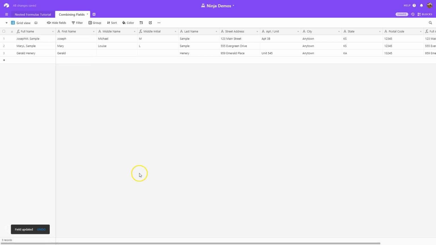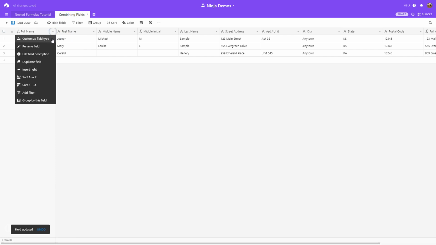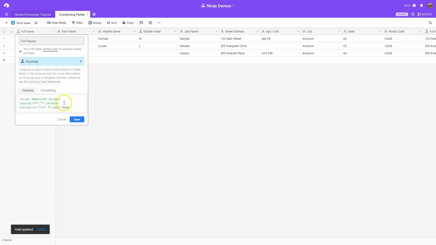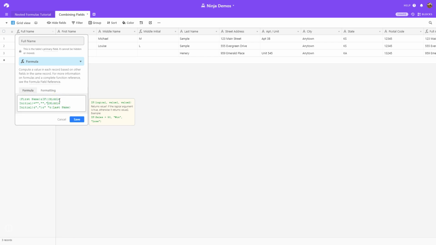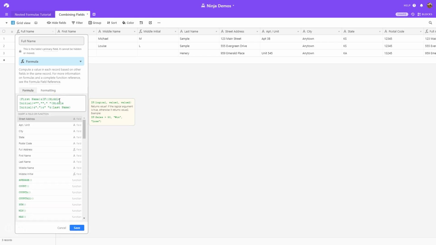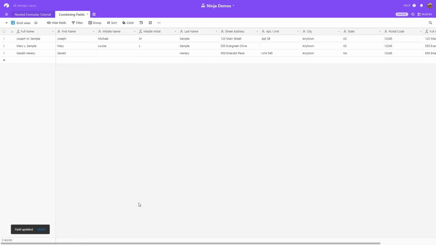So when we hit save, now we can see that this looks messed up because I forgot a space. So let's go through and fix that real quick. If there's a middle initial, do nothing. If there isn't, so we need to say we need a space in here. Okay, and the middle initial. Okay, that'll fix that. That was my mistake. I forgot to put the space in between the first name and the middle initial if there was a middle initial. I know I'm going kind of fast, so if you have any questions, please do email me,